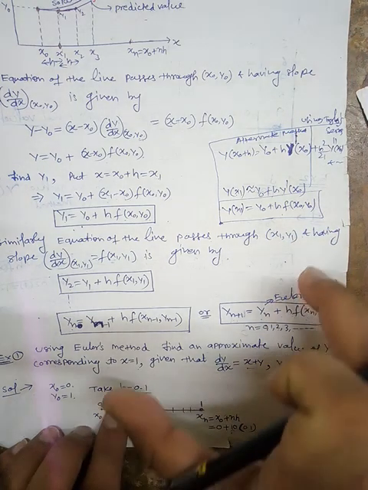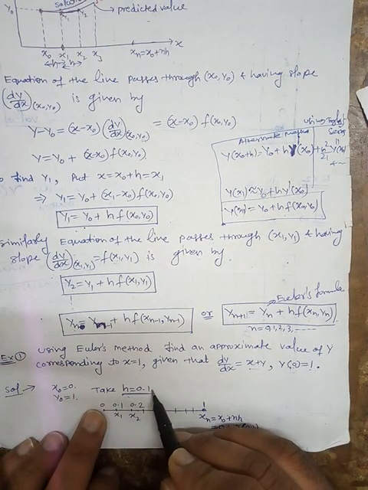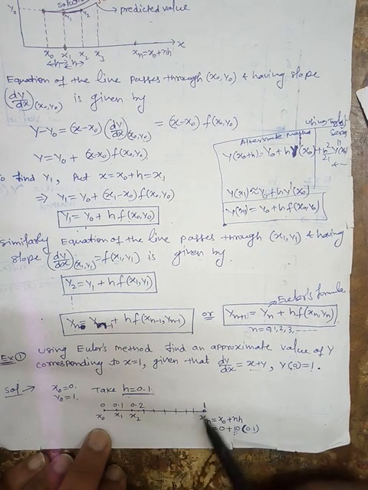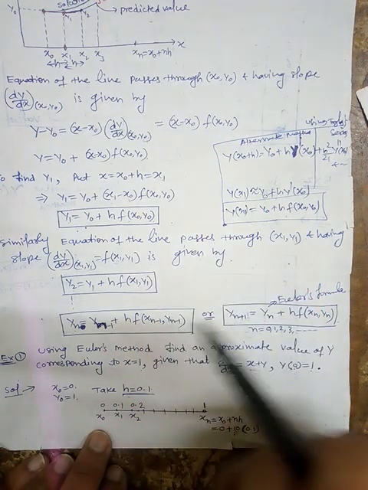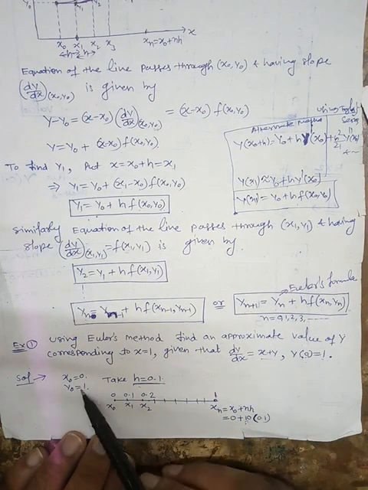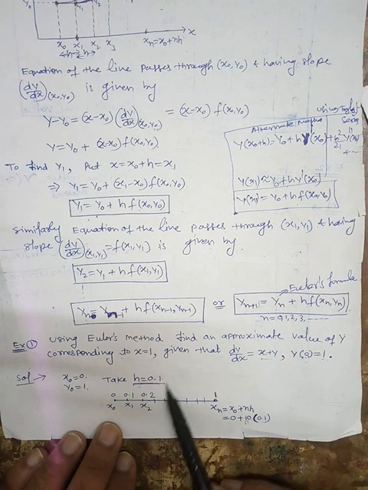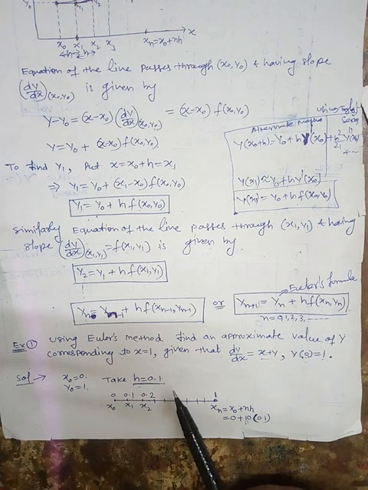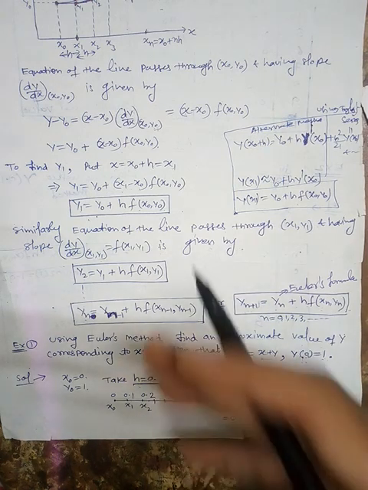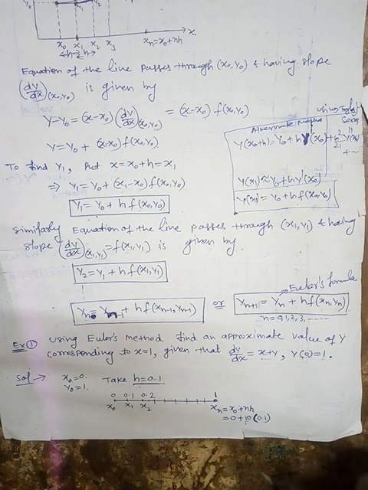If your step size is large, for example, you are not taking 0.1 but rather 0.5, then you will reach 1 from 0 in only 2 steps, but your error is high. Remember this. Here x naught is 0, y naught is 1, and we have selected h as 0.1. There is a way to select a suitable h so that your method converges, and this is done in the stability analysis. I am not discussing that part.